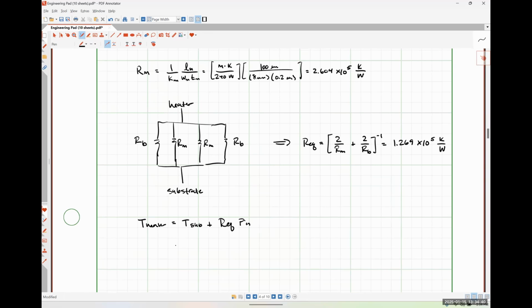And so this comes out to be 27 degrees Kelvin plus that 1.269 times 10 to the 5 kelvins per watt times 0.1 milliwatts comes out to be 39.69